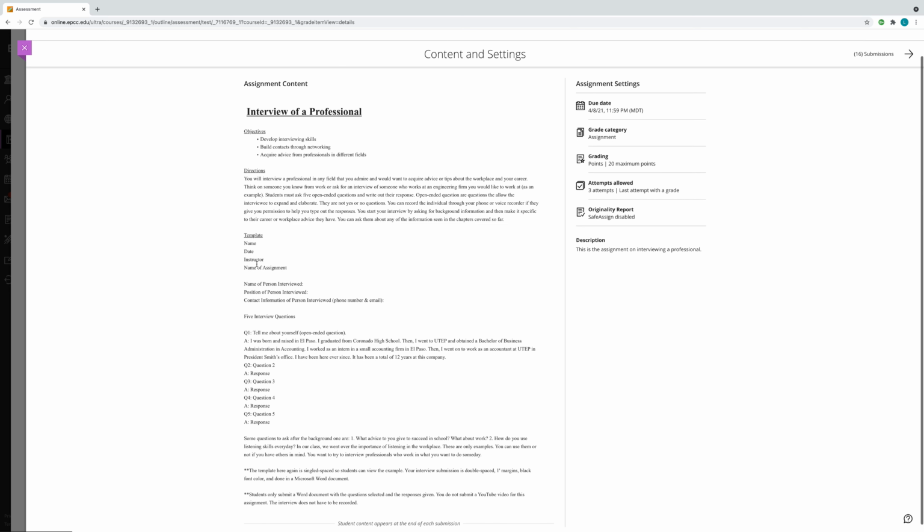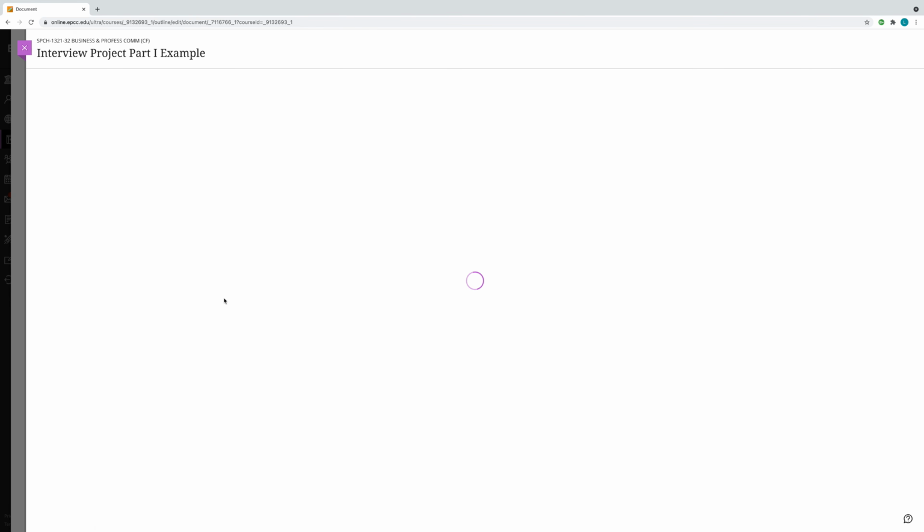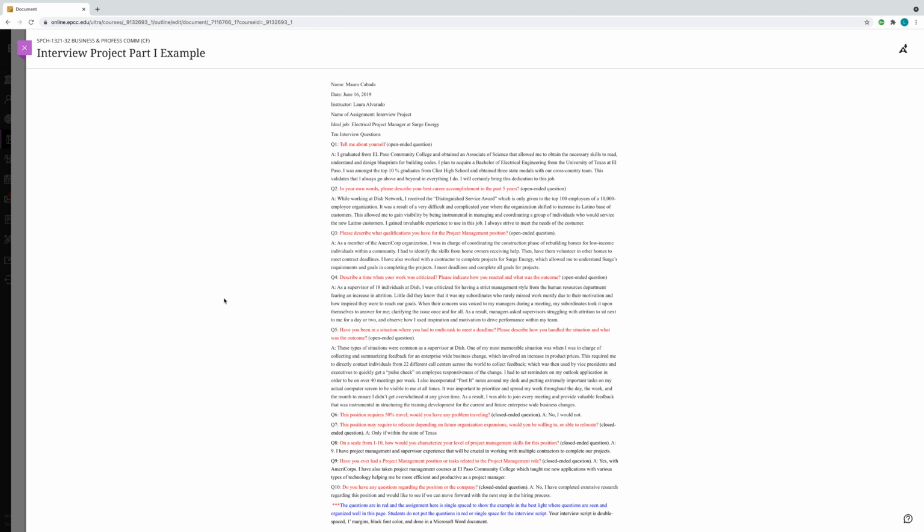Then the other one, the interview project, is you doing a mock interview to build and strengthen your interviewing skills. So then, for example, I'm going to go ahead and go through the sections that are required for that. So in the interview project, there are 2 parts, but this is to help you do the mock interview where you are going to be doing an interview, a practice interview. So that's the second assignment. What you first start off by doing is you have to write out the question, write out the response of your mock interview that you'll be doing in the YouTube video, right?